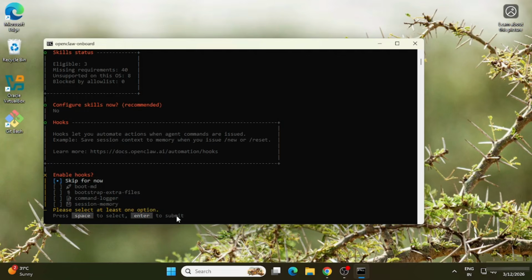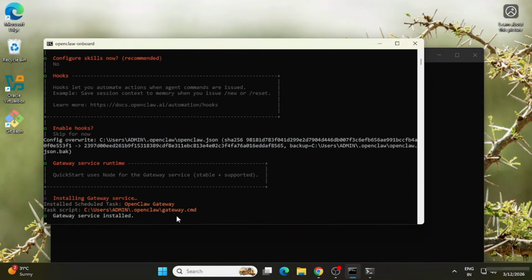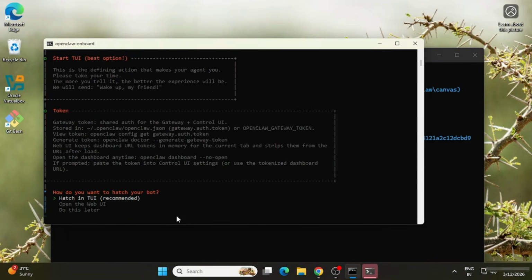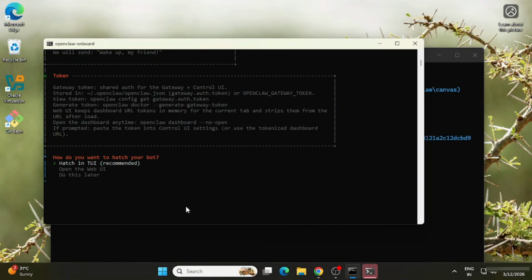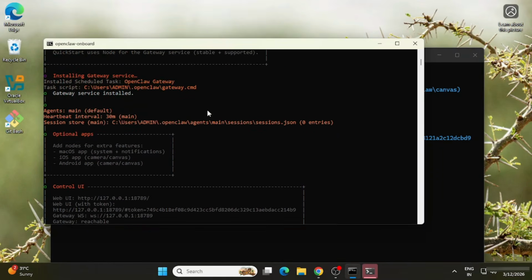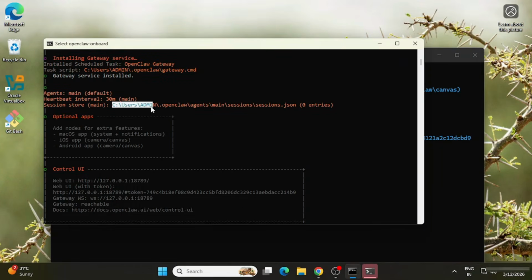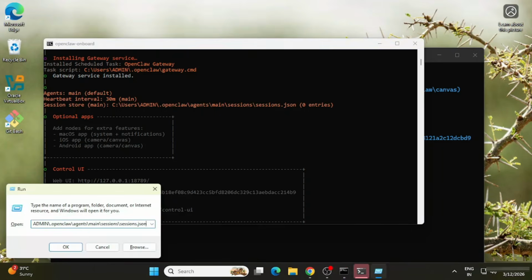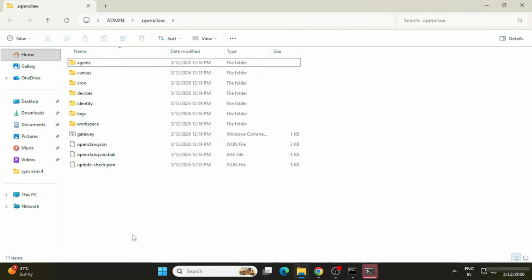So now here it's showing me gateway service runtime, and it has shown me configure override and installing gateways. Here you can see it's showing different messages, health checkup, and here gateway target and configuration file. So this is openclaw.json. I'm simply going to copy this path and paste it in Windows plus R. So you can see here I'm getting this OpenClaw folder, and under that I have a file openclaw.json,